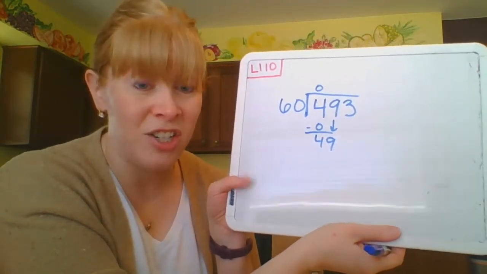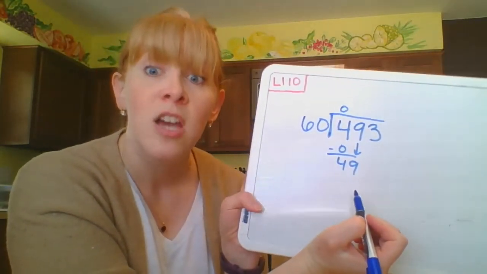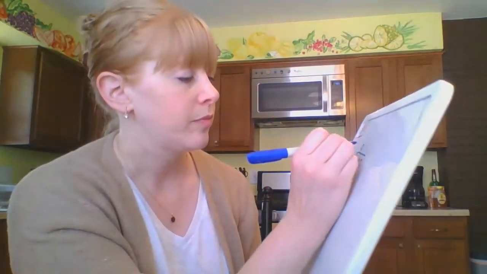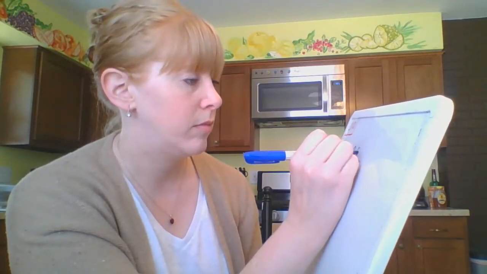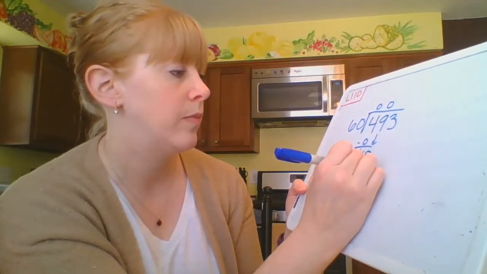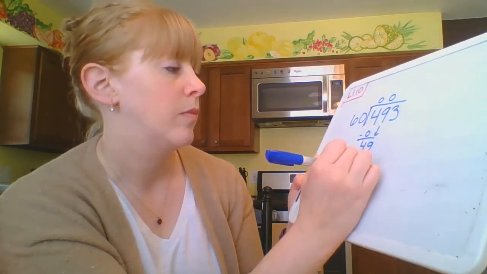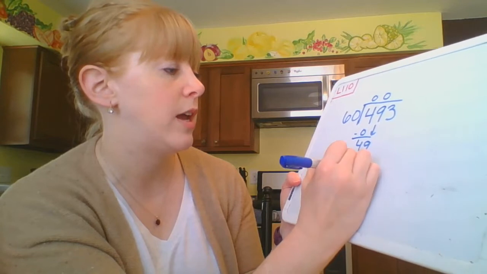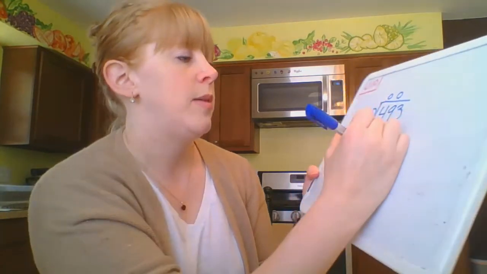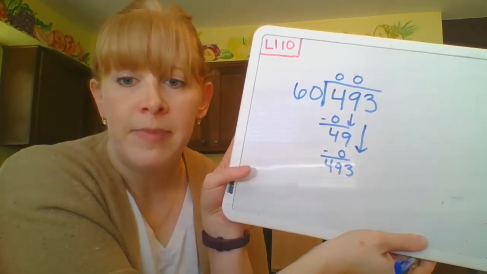60 is still larger than my dividend. I can't fit 60 into 49. So I have to use another 0 as a placeholder. Zero times 60 is 0. 49 minus 0 is still 49. I hope I'm not going to run out of space on this whiteboard. I maybe should have written a little bit smaller, but I want to make sure you can see it. So I'm bringing down the 3. Now it's